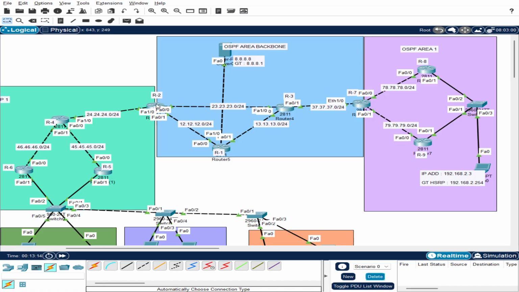It's in R2. I put the redistribute in router 2. Because of router 2, router 3 and router 4 can connect to each other. So thanks to router 2.